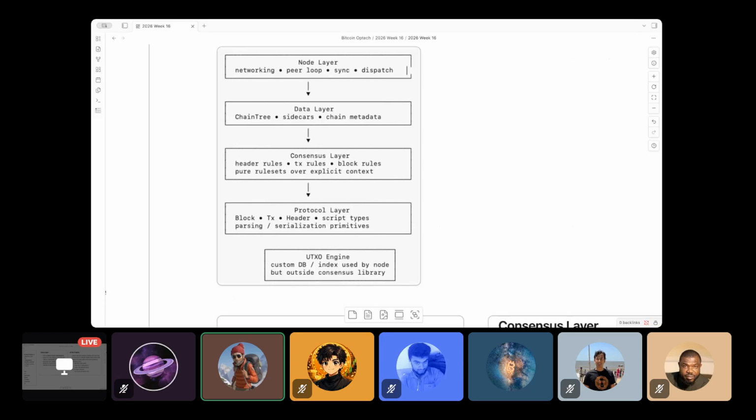So the UTXO engine is something separate which interacts with all the layers. You can think of it as a part that is dependent on all the layers, and the node layer is the one which orchestrates all these layers. Okay. The node layer orchestrates all the layers and then the UTXO engine consumes them. That's cool.